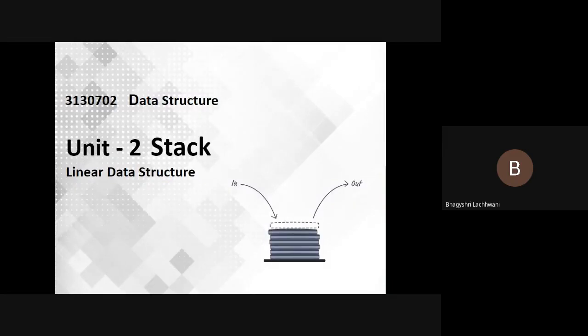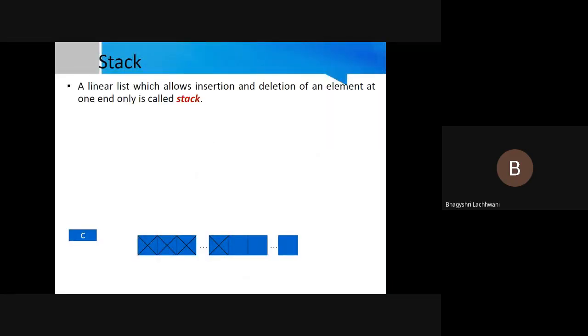So what is basically a stack? See, in simple words, stack is a linear list. Basically, in the stack, two types of operations are there. The operation names are push and pop. Push means you are inserting a new item into the stack. Whenever you insert a new item in the stack, it is termed as a push. Whenever you are removing an item from the stack, it is termed as a pop.